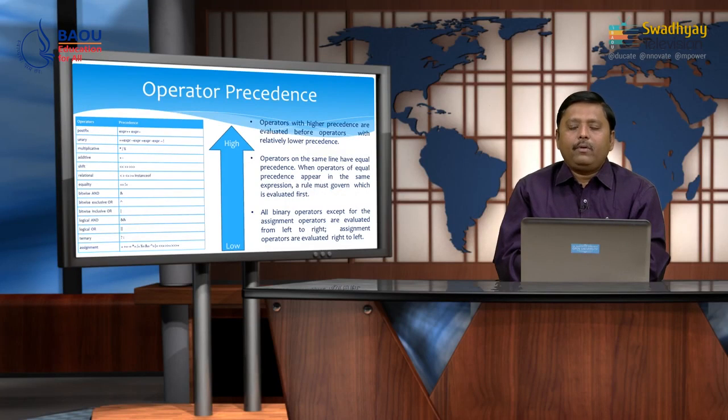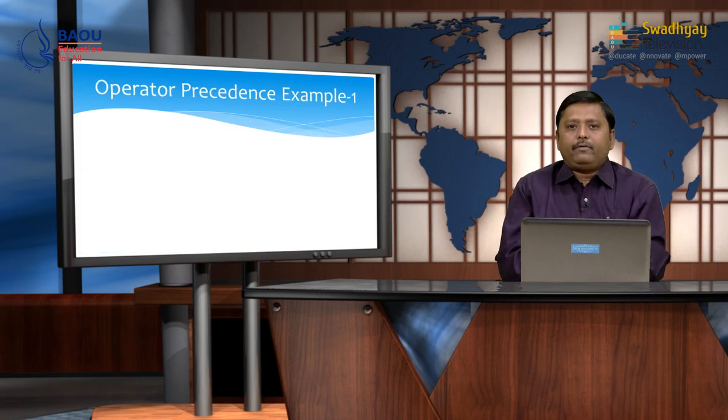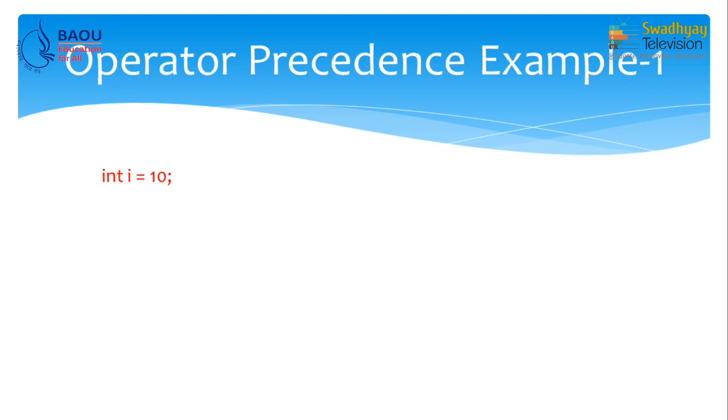So, you can have a better idea about operator precedence, but for that you have to remember this table. Now, we take one example. For example, we have integer I set to 10, and we write integer n is equal to i plus plus and then modulo 5. So, you might think what will be the answer and which operator is evaluated first.